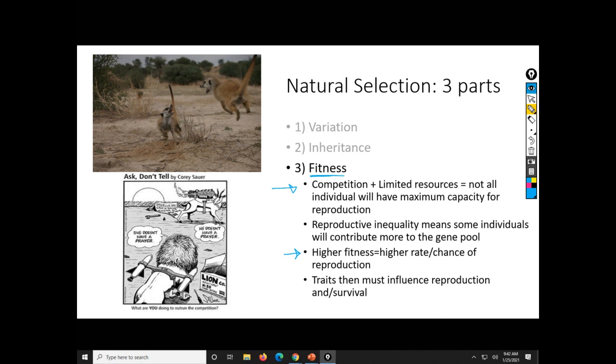But this always feels very convoluted to me. I can write a definition out, but at the end I still look at this and I always say, but could I make a list and really have a good understanding of what it means to be fit? Fitness is just one of those really crappy science words that I feel like is hard to confer. So let's look at this another way. If I were to say, what are traits that make me more fit? What would they look like? That's how I like to describe fitness. So let's look at fitness another way.